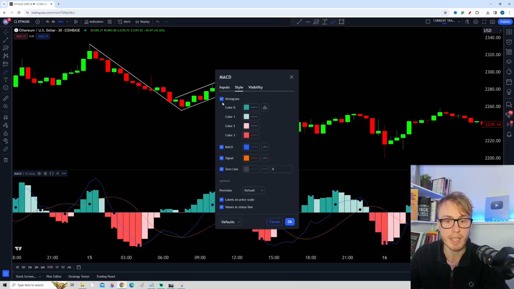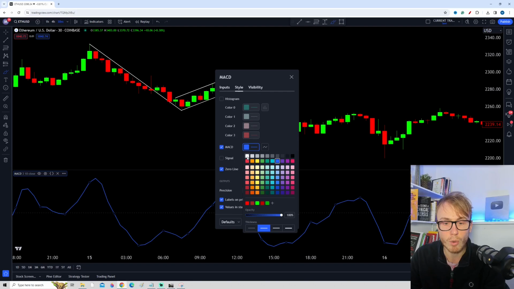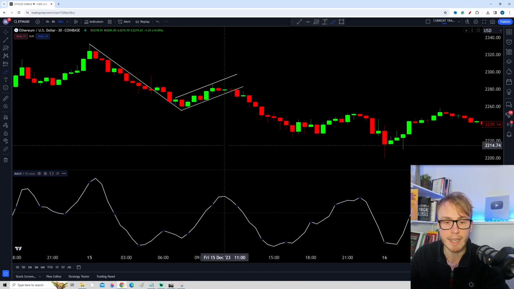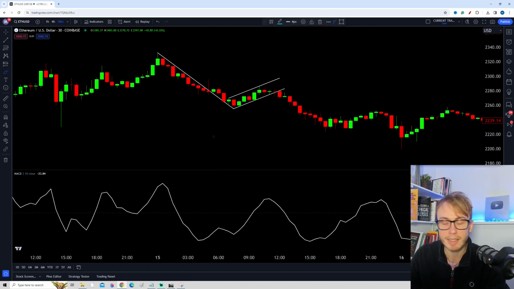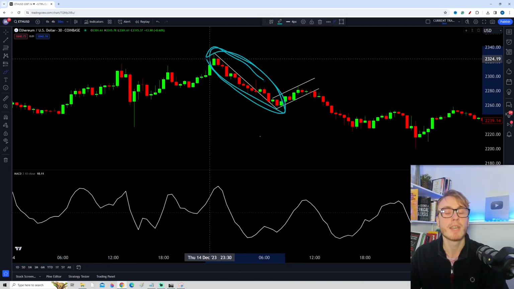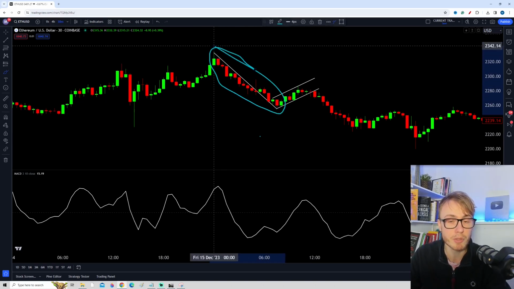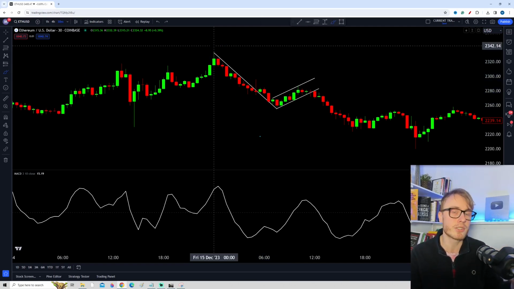Then we go here to the styles tab, and what we can do here is uncheck the histogram, and we can also uncheck the signal line right here and only use the MACD line, because this can actually help us find these strong impulsive moves. When you have been trading for a while, you will be able to find these moves by only looking at the candles. But in the beginning, it can be very useful to use an indicator to help you